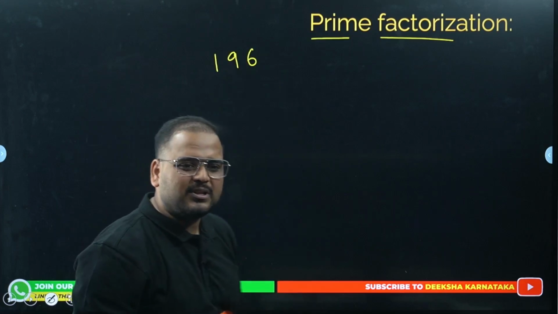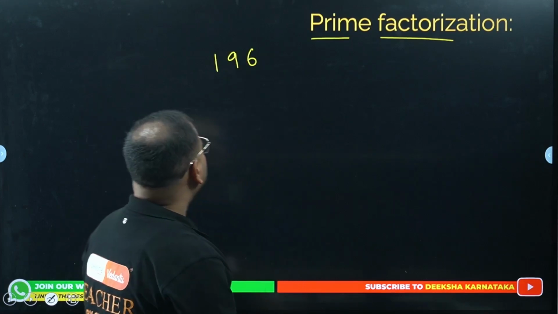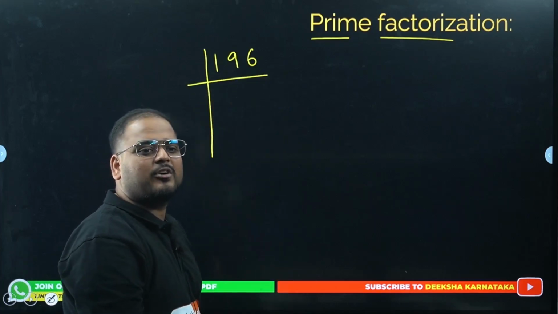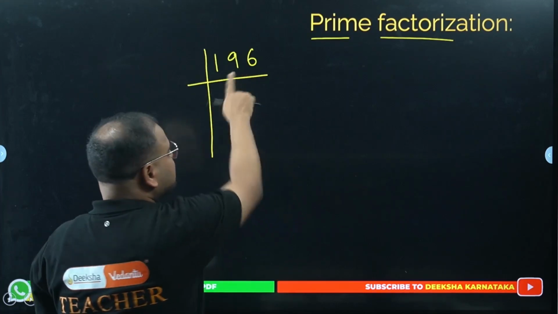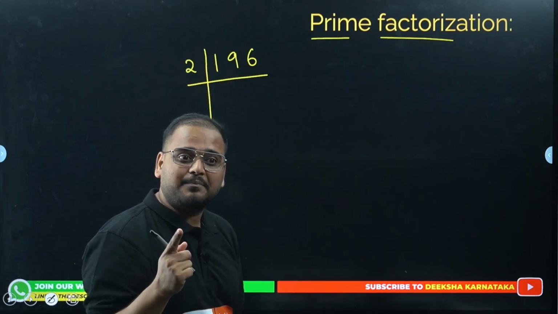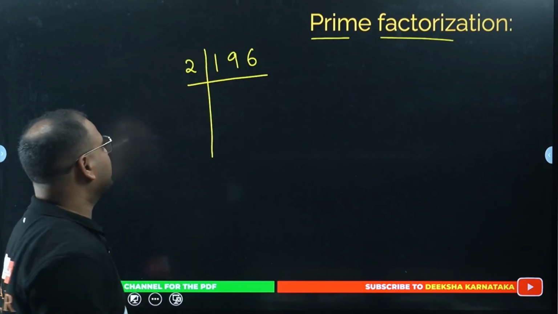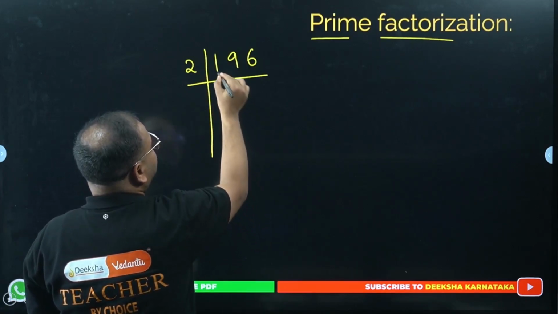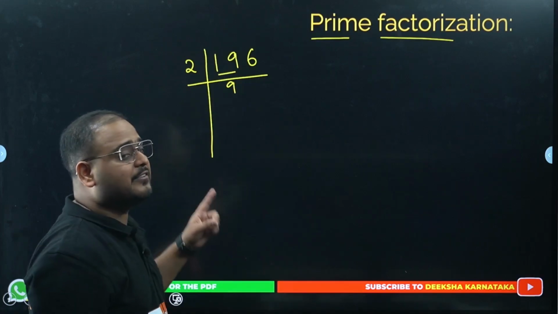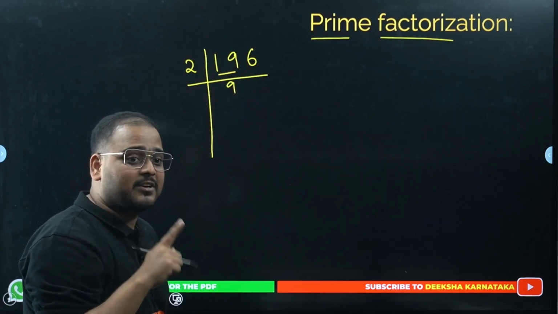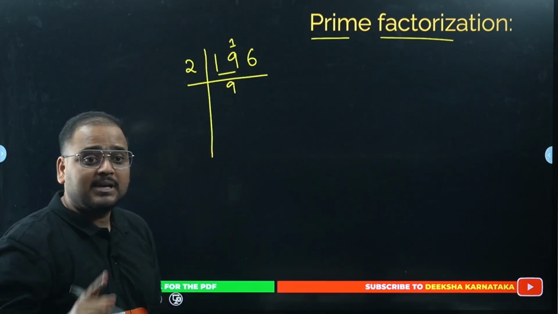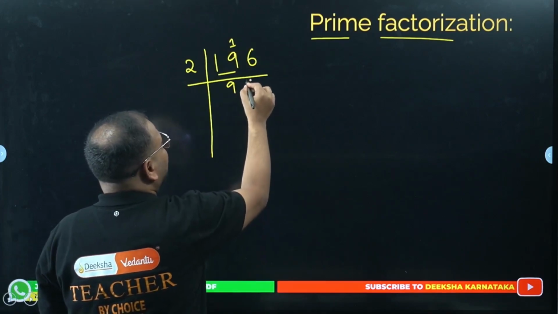196. A simple, small number. How would you factorize it? You have learnt this approach. What first number can I take? 2 I can take, right? It's an even number, so I can take 2. Why 2? Because 2 is also prime. So we can take an even number and it's a prime number. So 2 9s are 18, if I am considering only 19 the first time. 2 9s are 18. What is left here? If it is 19 and 18 we have considered, it means 1 is hidden somewhere here, right? Now 1 and 6 will become 16. So 2 8s are 16.